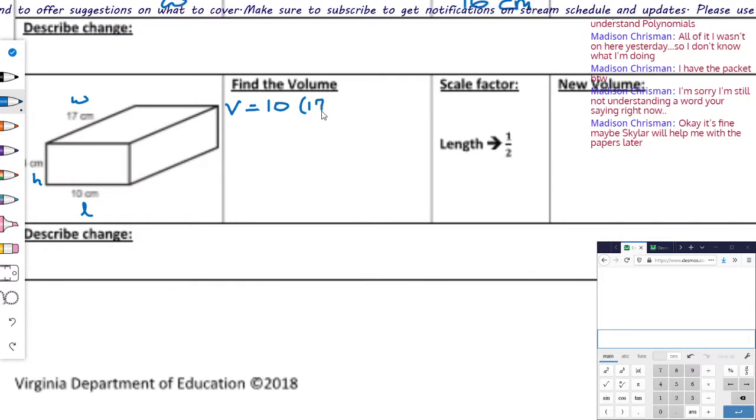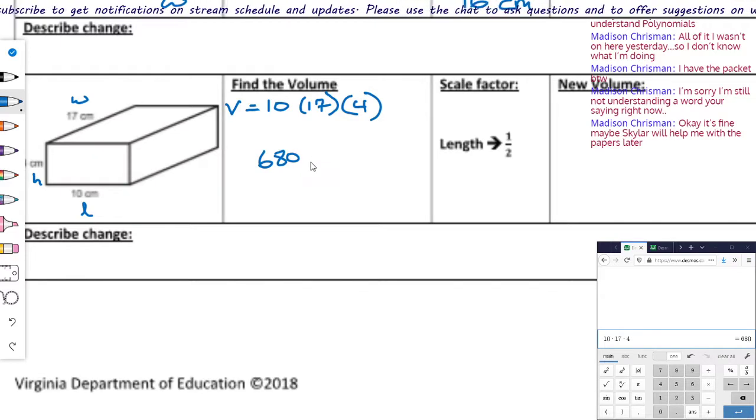(10 times 17 times 4). Multiply those together and you get 680 centimeters cubed. Now to show you real quick how we can do this, so if they told us that it